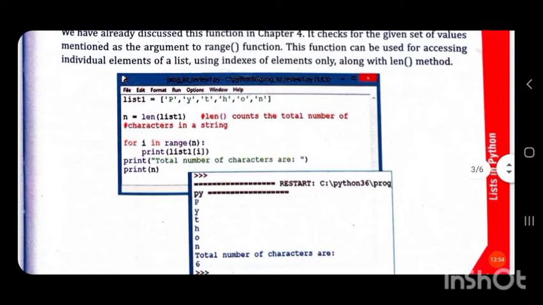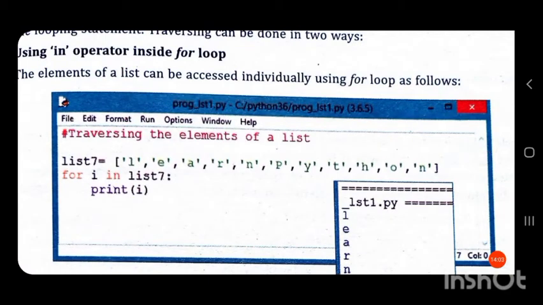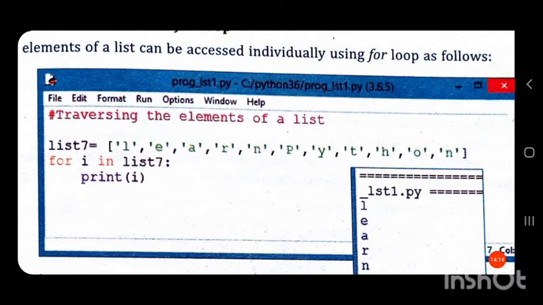In case we are using the range function, I is always having the index value, but if we are using a sequence, the control variable I will have the value that is in the sequence. So I has the value A, then it will enter the loop and print A. Then again it will iterate, I will have the next value in the list, that is R, and print I. And so on, the value of I will be the next value in the list